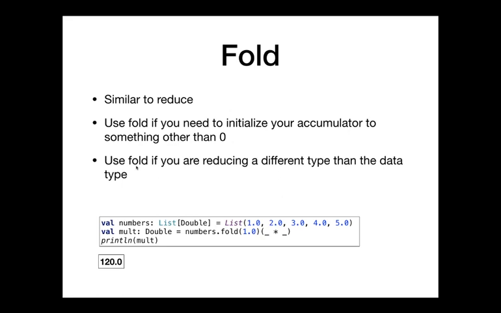We would also use fold if we're changing the type as we're accumulating. If the accumulator variable is a different type than the data that we're iterating over, then we would also use fold. Here I'm returning doubles, so I'm not really taking advantage of that. But in the next example,